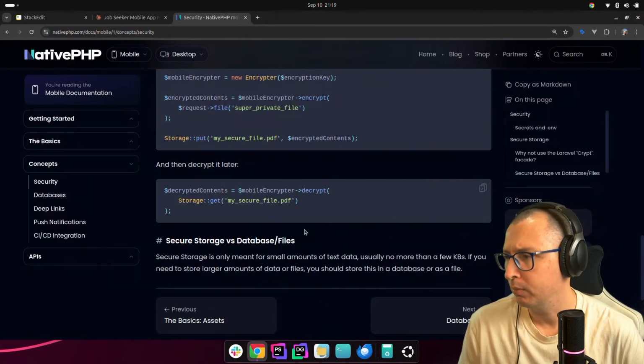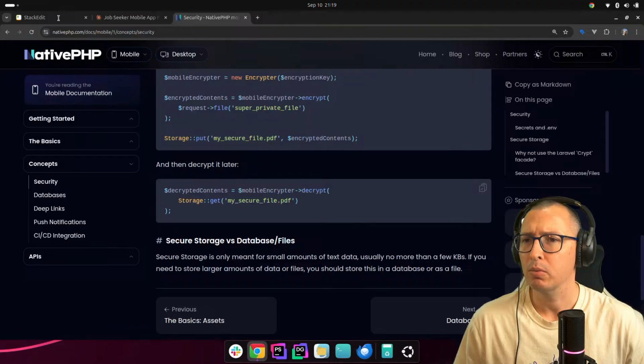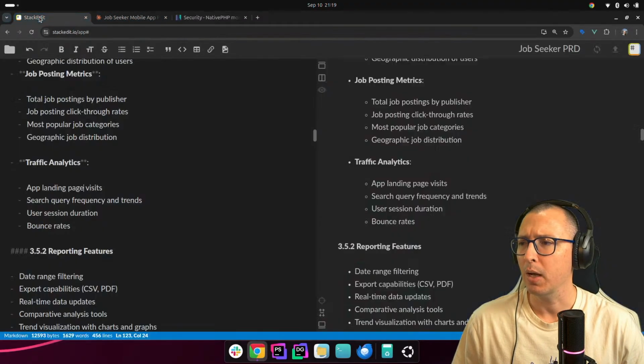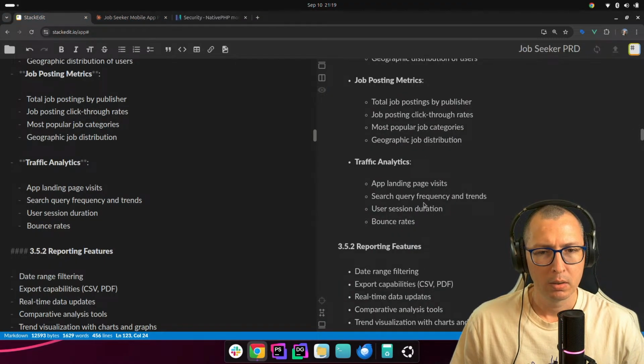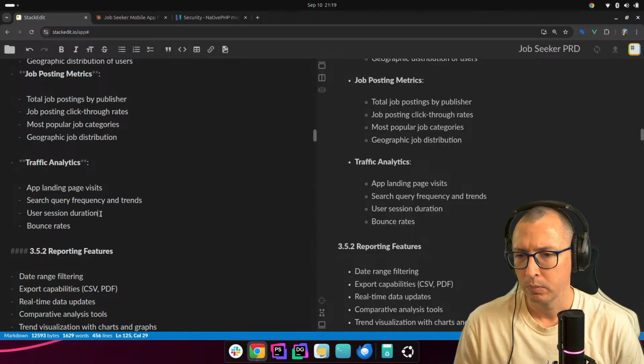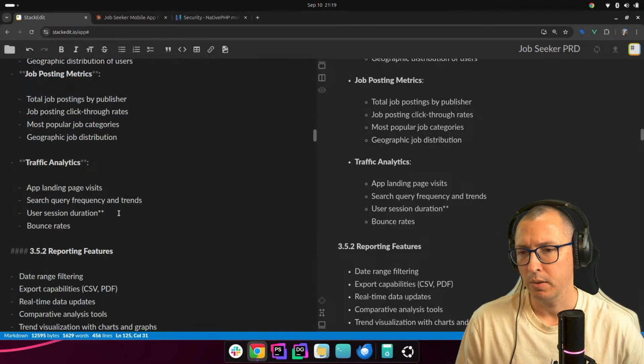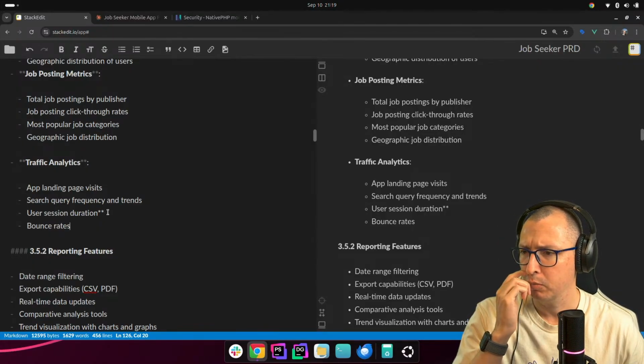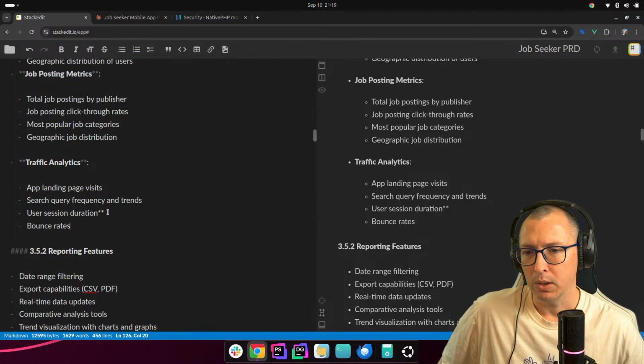I might have to do a little bit more research on that. So let's keep it as optional for now. Let's put a couple of asterisks there because I don't know if that's going to be possible with native PHP,